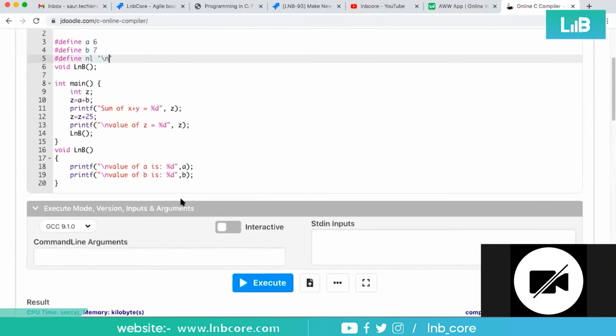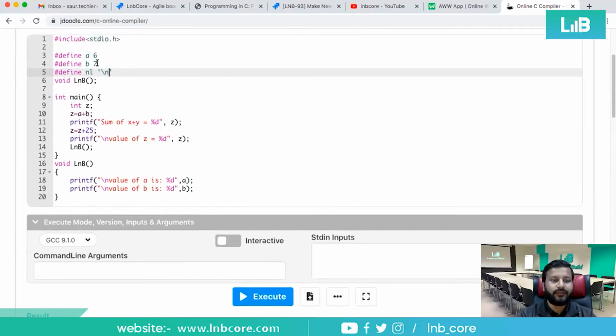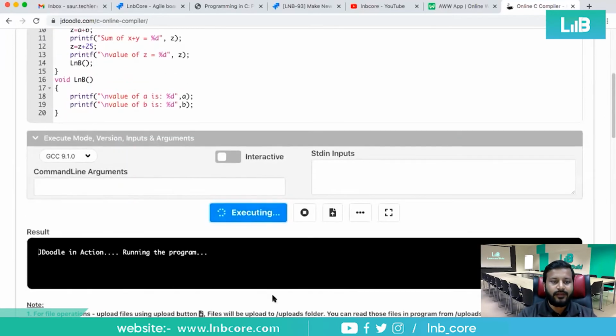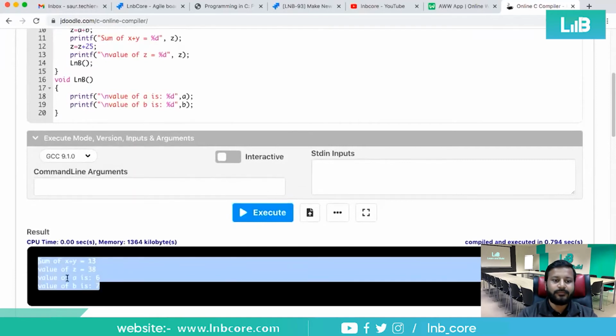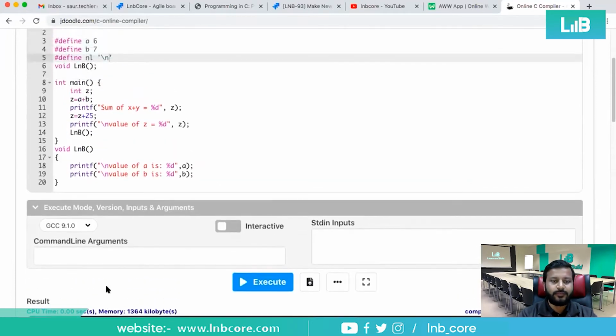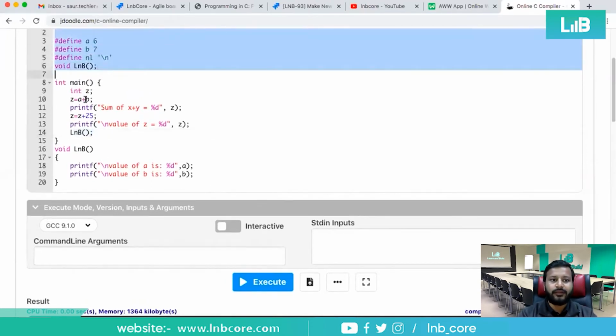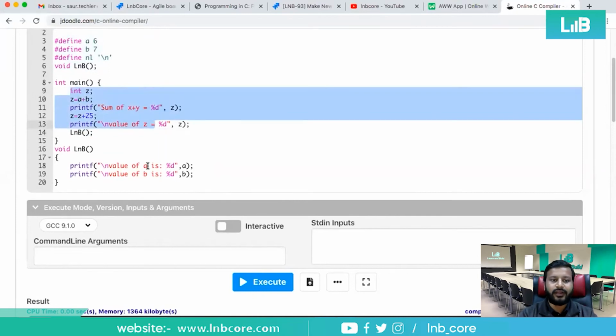Yes, sir. ठीक है. So hash define, this is how we have defined the value of A is 6, B is 7, and let us try to run it. Yeah, so the output is quite same, which has to come in the same way. LNB के अंदर हम लोगों ने कुछ define किया था, वहां भी हम लोग इसको use कर पा रहे हैं, main के अंदर भी use कर पा रहे हैं, right? Similarly, as we were using constant, we can use define also, okay?